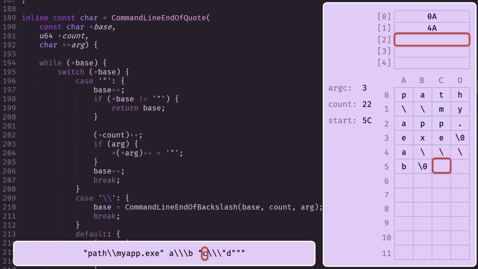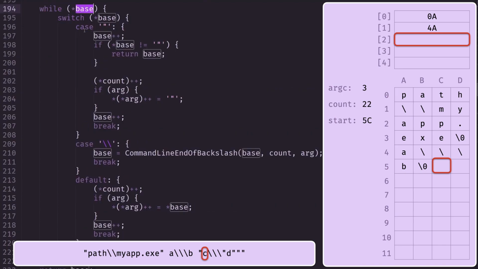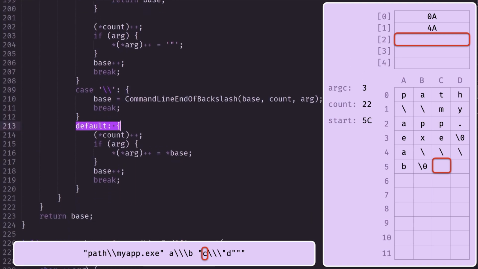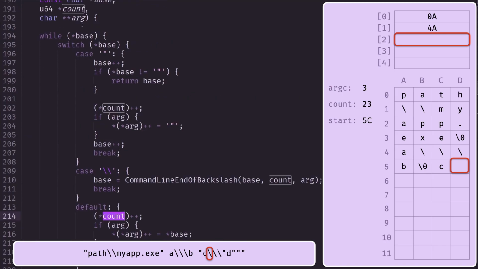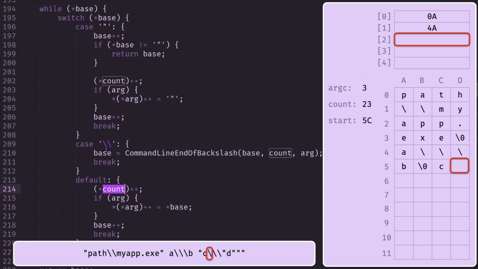So now I'm in command line end of quote, basically go over the switch. There's some special cases, so if it is a quotation mark, then it probably is the end, but it is not at the moment. It's also not a backslash, so we're just going to go into the default branch. It's just a character that we need to copy into the output buffer. So now we're going to go back into this while loop, still all valid, so we go into this switch case, and now we have a backslash,